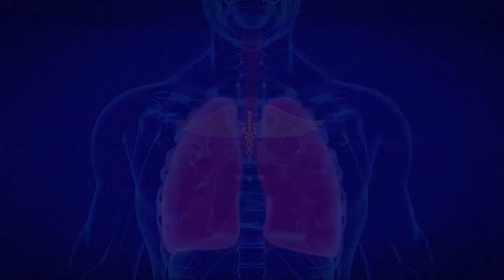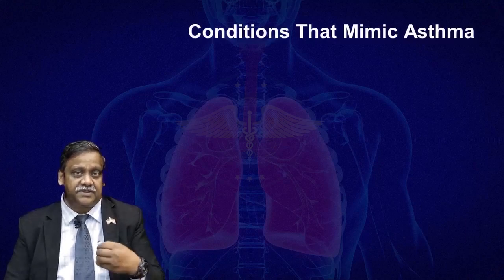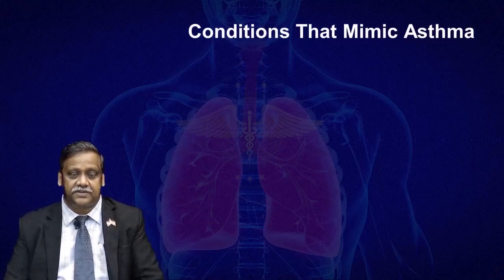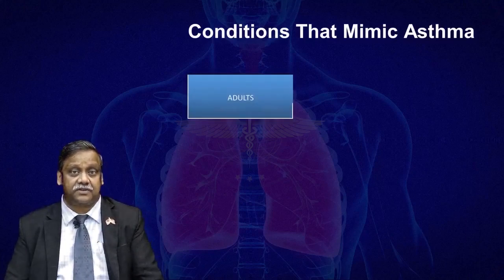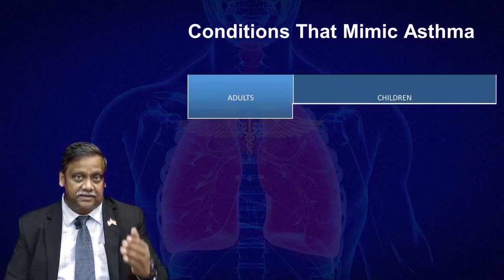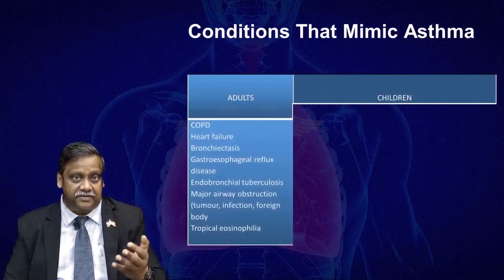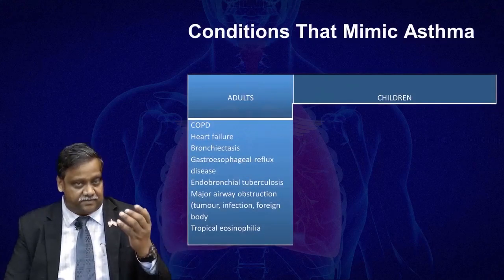But be careful, because there are a lot of mimics for asthma, or there are mimics for COPD. They present with the same symptoms. And here is a table that tells you what the mimics for asthma are for adults and what the mimics for asthma are for children. You can see that for adults, the differential diagnosis for the same symptoms could be COPD, heart failure, bronchiectasis,